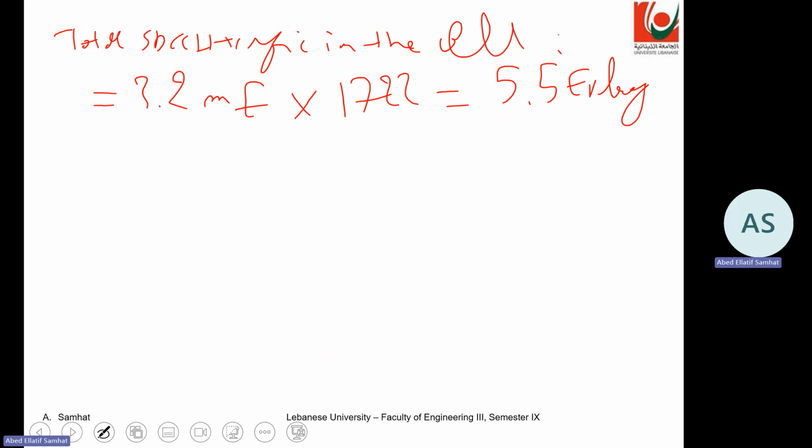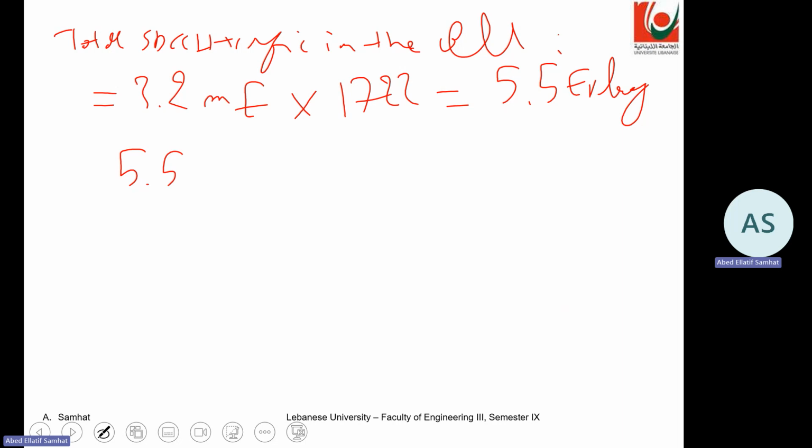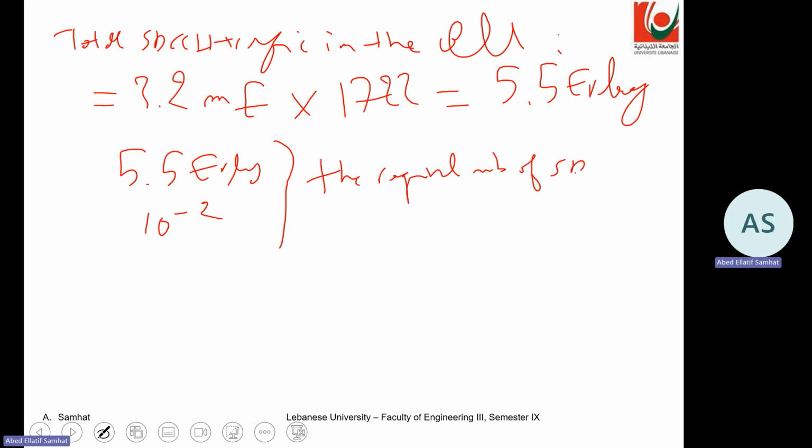Okay, so 5.5 erlang, and remember that the quality of service is 1% for the signaling. So in this case, with 5.5 erlang and at 10 to power minus 2, the required number of SDCCH channels based on the Erlang table. If we want to check the Erlang table, I want just to check it. So for 5.5 and 10 to power minus 2, it will be equal to 12